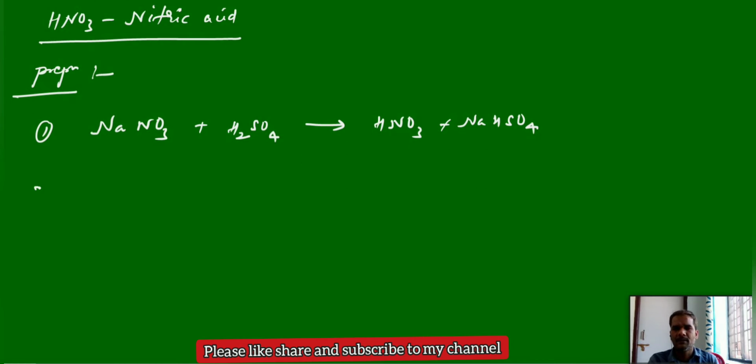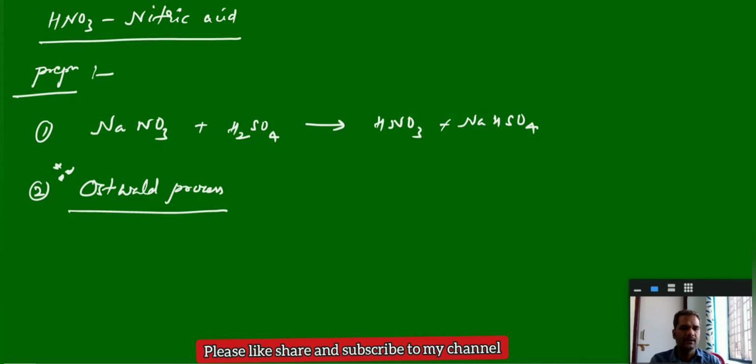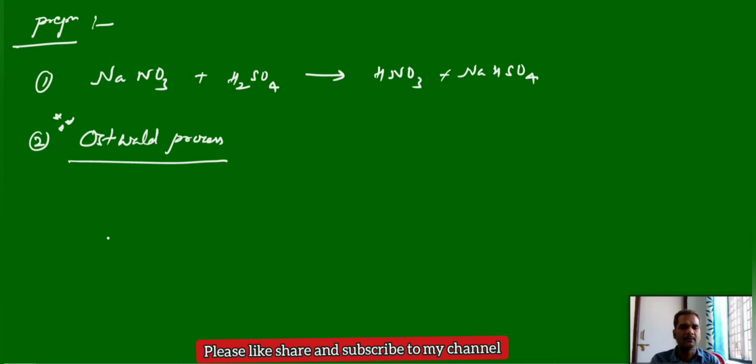And the second important method, this we will get for board level also, Ostwald process, preparation of nitric acid by Ostwald process, very important. So here various steps involved to get the final nitric acid. The starting material involved in this Ostwald process is ammonia. Similar to Ostwald process, we have one more, that is called Birkeland-Eyde process, but there the first step is different and here the first step is different. The starting material here involved is ammonia. So ammonia is also one of the application of ammonia for the preparation of nitric acid. We can use this. Various steps.